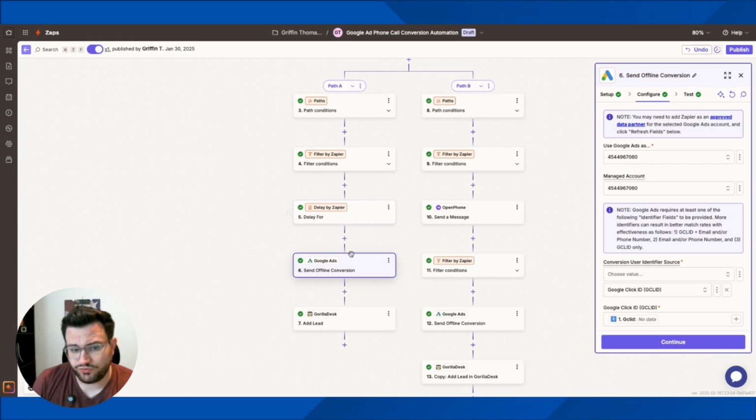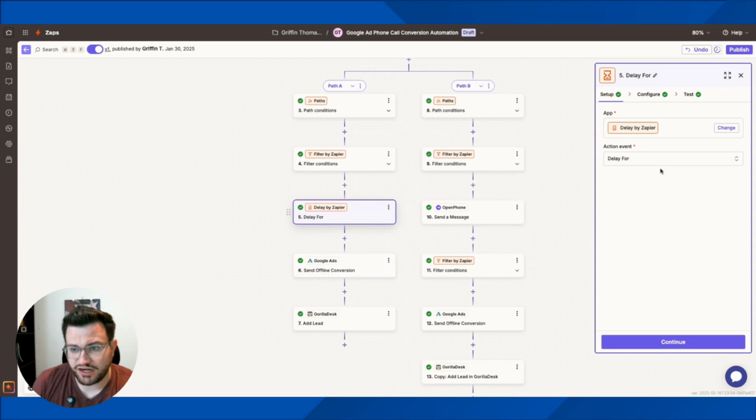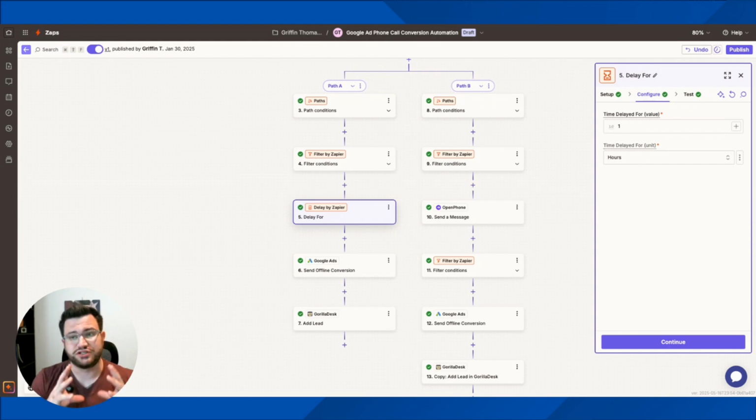So one thing you're also going to want to enter before we actually let this go through as a conversion is a slight time delay. Whenever we set this up, we just do delay for, and then we just say delay it for 1 hour. Why do we want to give ourselves an hour? We want to give ourselves more than enough time to actually go into CallRail and put in an actual value